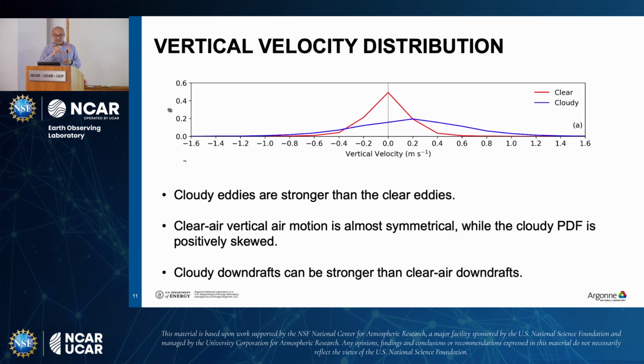And lastly, I want to mention that the cloudy samples also have downdrafts in them, which is kind of neglected in some of the models. The cloudy downdrafts can span about 0.6 or 0.8 meters per second. They are much stronger than the clear air downdrafts. So it's another thing to notice in this case. Vince Larson, who has a long history of developing cumulus parameterizations, uses PDFs and joint PDFs of vertical velocity. He was pretty stoked about this because now you can have one PDF which is Gaussian for clear air samples, another that is skewed for cloudy samples, and you can simulate that and use it in large scale models. So that's the plan in the future.